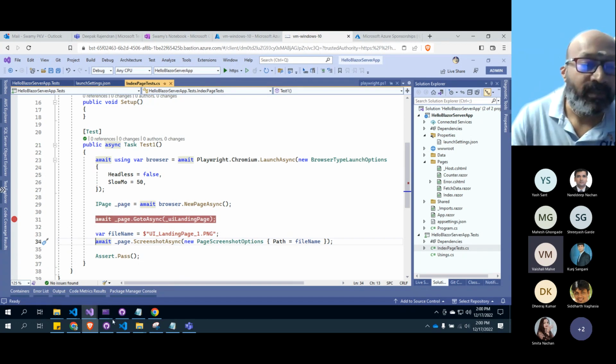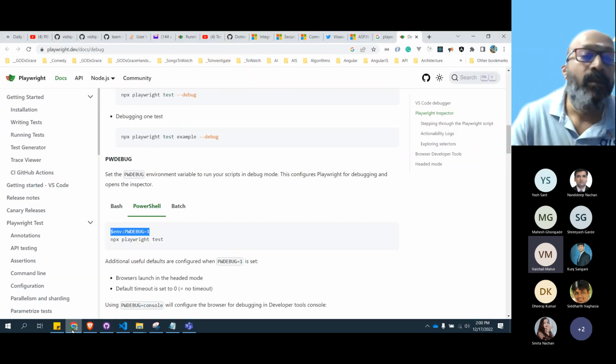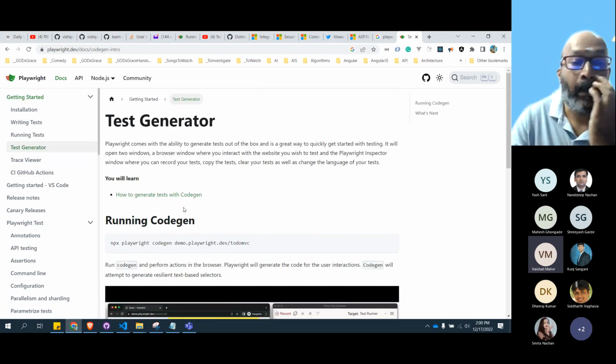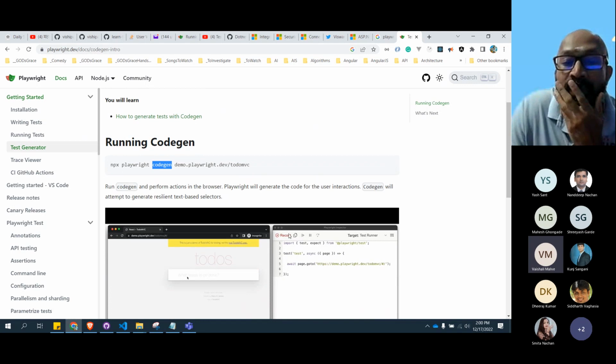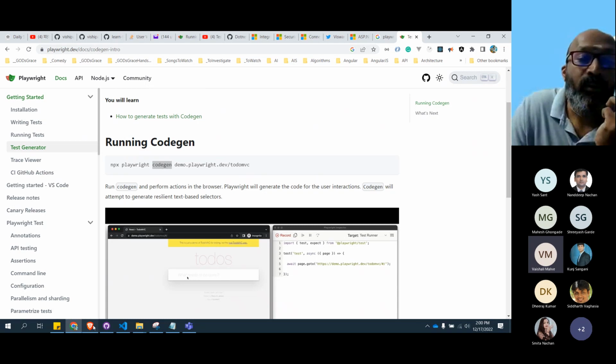There are multiple ways. You can do code gen from the command line here itself, like you do Playwright codegen. The moment you do it, it starts the recording. But if you see here,